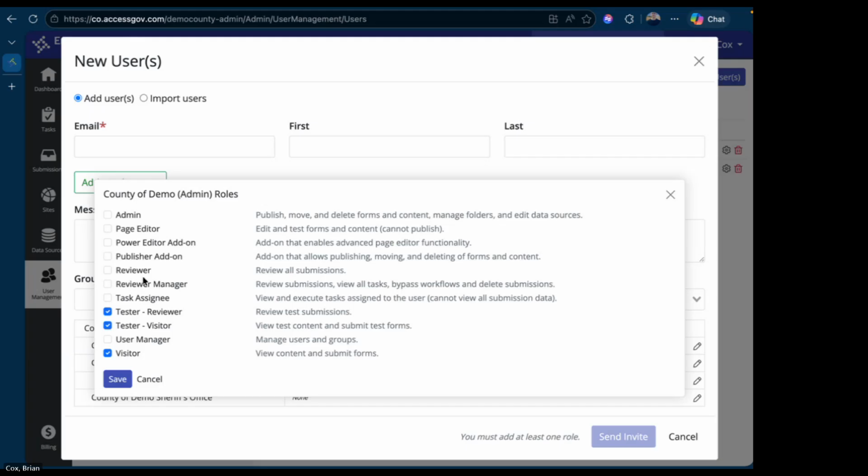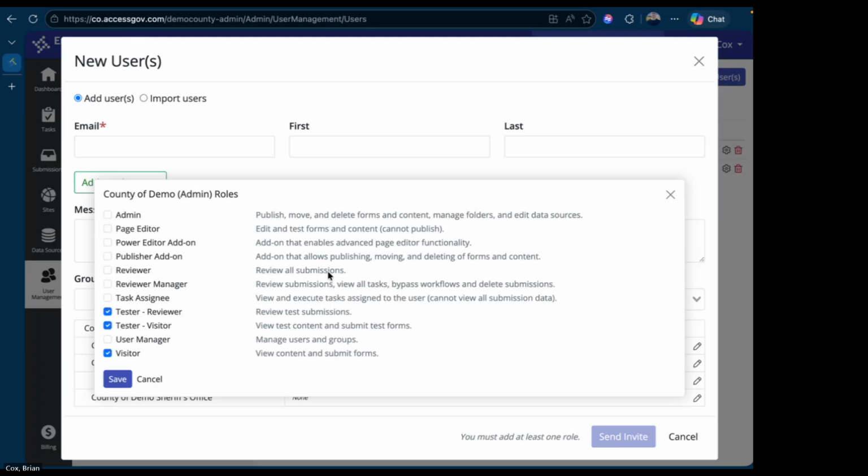We have a reviewer, which can review all submission data. Keep in mind that reviewer is assigned primarily at the tenant level. So when you provide somebody with a reviewer privilege, they can view all submission data that has been made to any forms and engagements under that entire tenant. That's why we always want to make sure to be very specific when we set you guys up with access to Engagement Builder, or set up your instance rather,